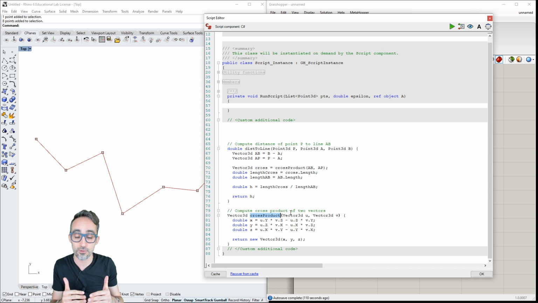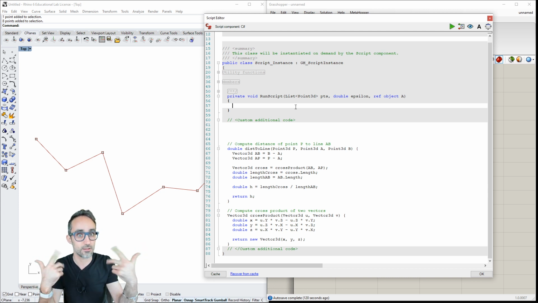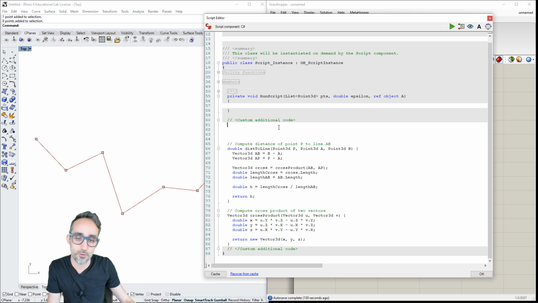The first thing that I would like to do is, instead of writing everything here in the main code, because this algorithm is going to be recursive, it's very important that I write a function that takes a list of points and an epsilon value and returns a simplified list of those points, because I will be calling that function recursively on top of itself over and over. So I'm going to do that here.